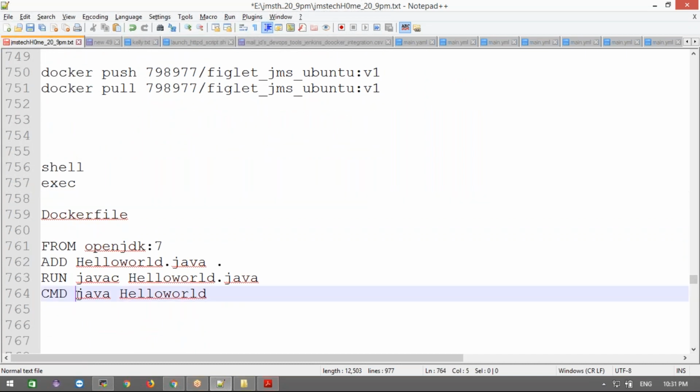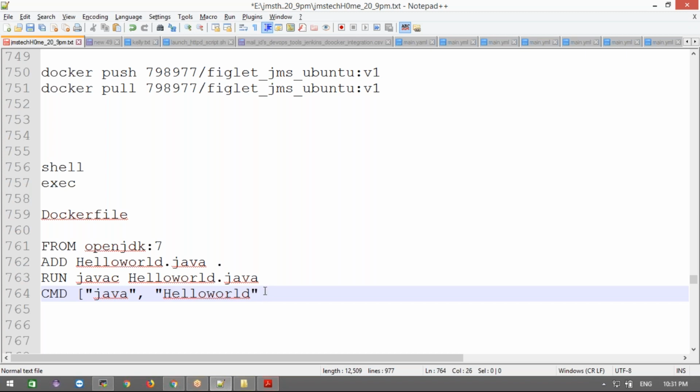Don't misunderstand: every command has two forms. This is a shell form. If you want the executable form, at the end you must specify the executable form, with double quotes. At the end of the Dockerfile you must have CMD or ENTRYPOINT, which is the executable value.